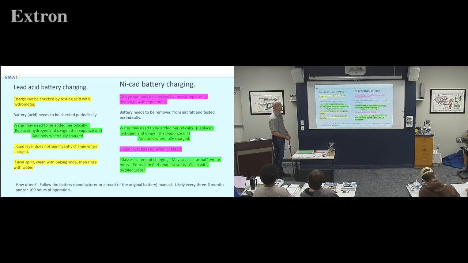Essentially, the big ones to remember are a lead acid battery. The charge can be checked by testing the acid with a hydrometer, and I'll show you how to do that in a few minutes here today. Where a NiCad, to for sure know how much charge or capacity, it can only really be checked by measuring it during a